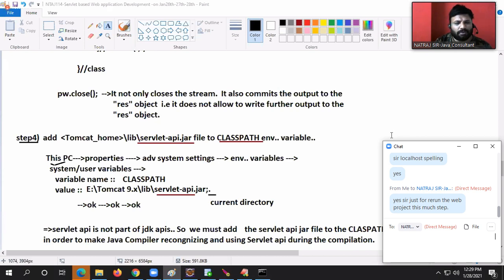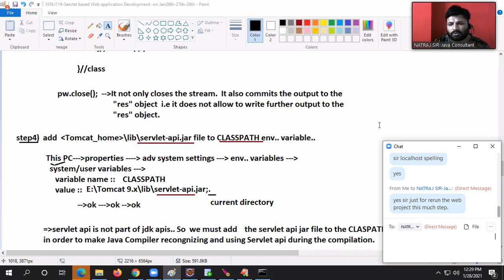Okay, Vinay Kumar, server shutdown port and start port are the same. Server shutdown port number, start port number, both are the same. Sir, if you copy any web application to the webapps folder, that is called deployment. What is -1? I really don't know where the -1 is. I am not seeing it.